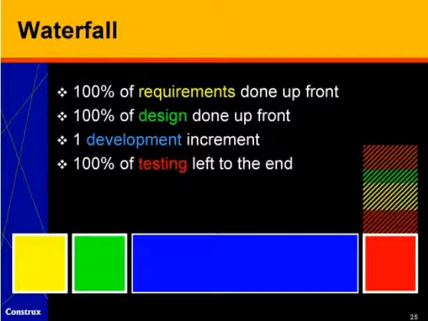So we try to do all of the requirements up front, then we try to do all of the design, then we go through one development increment, and our intent at that point is to go through full testing at the end and declare ourselves done. In practice, what happens is that as we get into testing, we discover errors in the requirements, gaps in the requirements, necessary changes in the requirements. That gives rise to additional detailed requirements work, additional design work, additional development work, and additional testing work. And so we end up with another unexpected overrun. Not quite as bad as with code and fix, but still often significant.